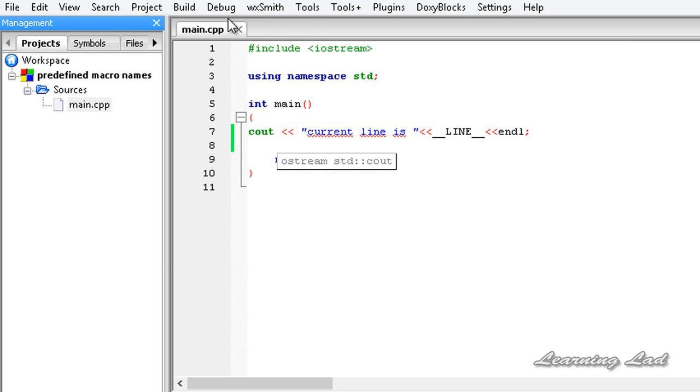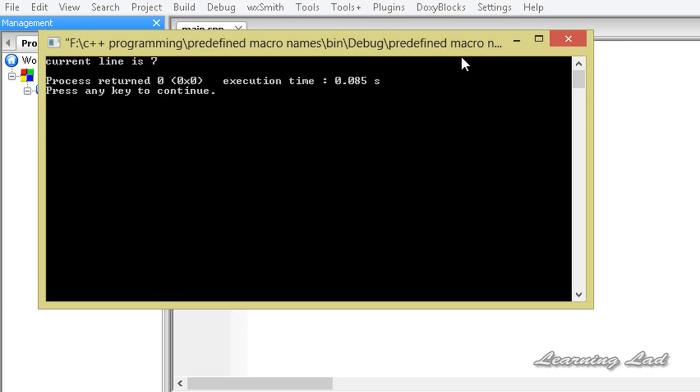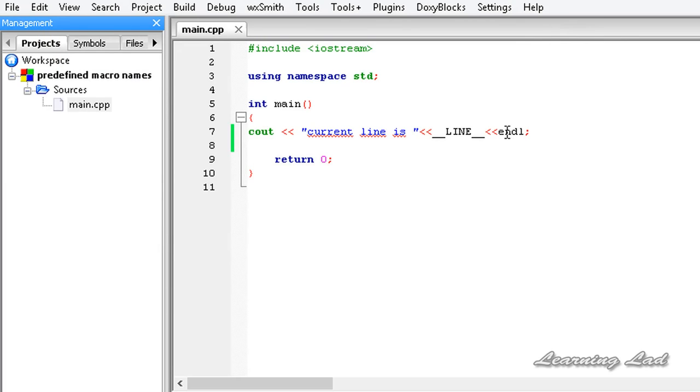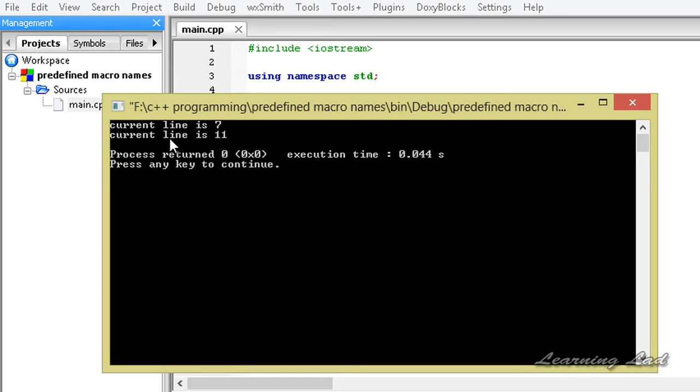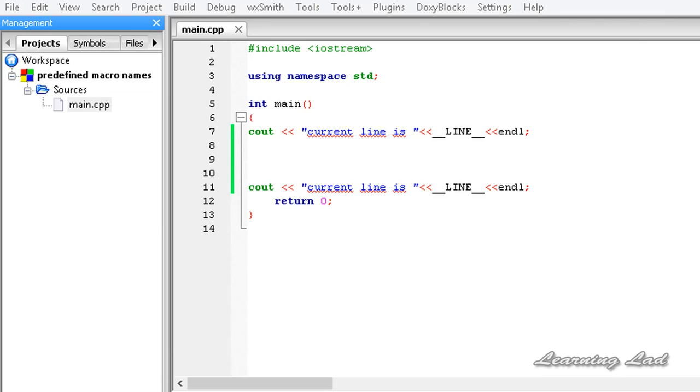Now I'm just gonna save this, and I'm gonna build and run this. Now you guys can see current line is 7. So here we have defined this in the 7th line, and that's why we get that. So if I copy this and paste it in let's say 11th line, and if I build and run this, current line is 7 and current line is 11. So this line macro is going to contain the line number,